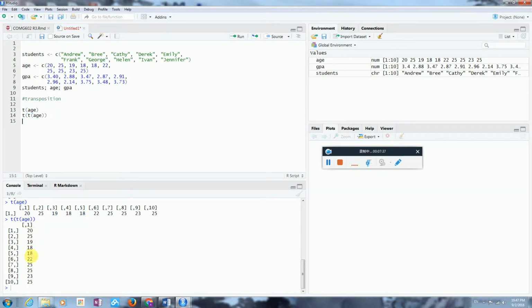Control Enter, now we see a column. So this is actually how R stores vectors in its memory, as columns. Now, R prints out vectors as rows, my guess is to save space, right? If it printed out all vectors like this, it would take lots of space. The space is not wisely used. But anyway, this is important, because understanding that vectors are actually columns of elements will help us understand the main topic of this lecture, which